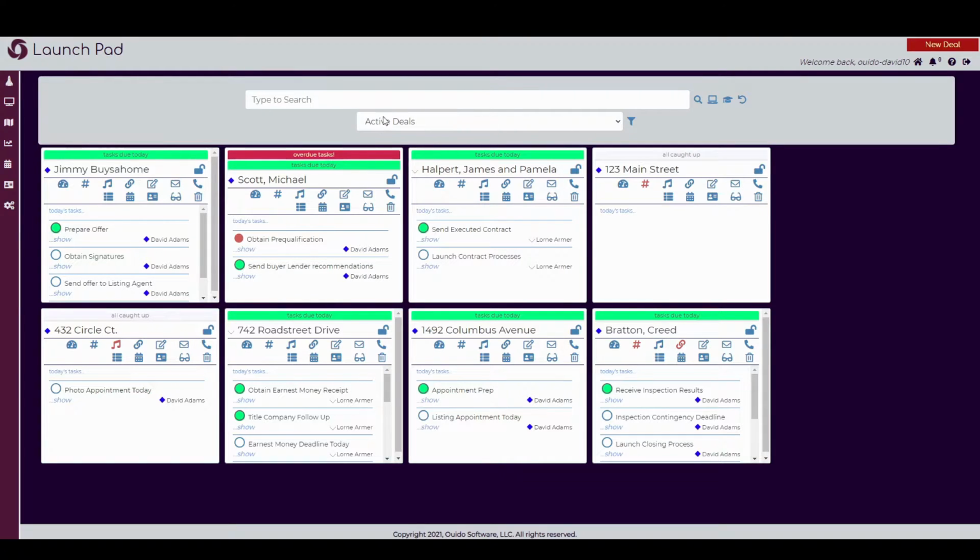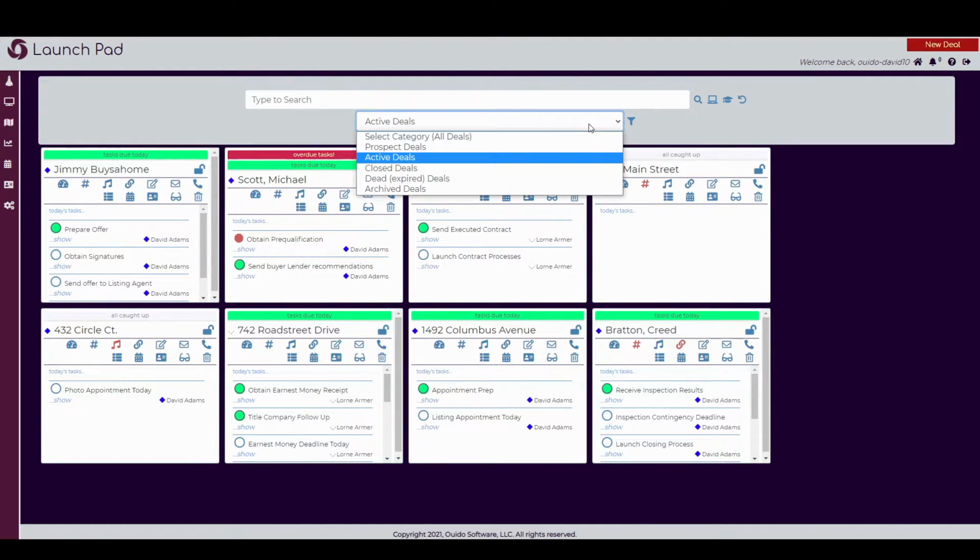And we'll next talk about this little drop-down menu on the left-hand side of our filters. Now this is another filter that, again, is used across the system. And this is a deal status filter. So when I click on this drop-down list, I get a couple of options, and they all relate to the status of my deals. So the first thing we can do is open this up to all of our deals,